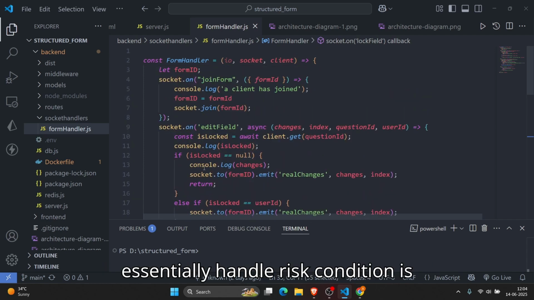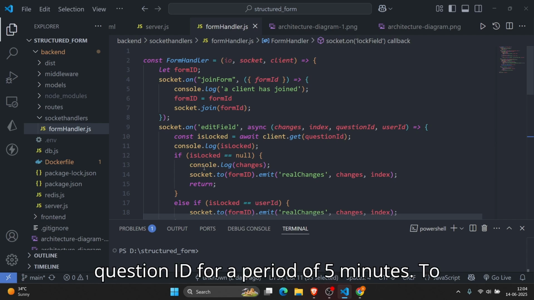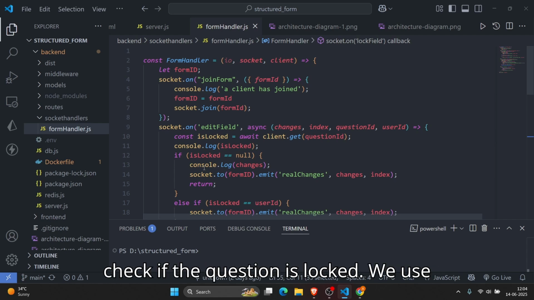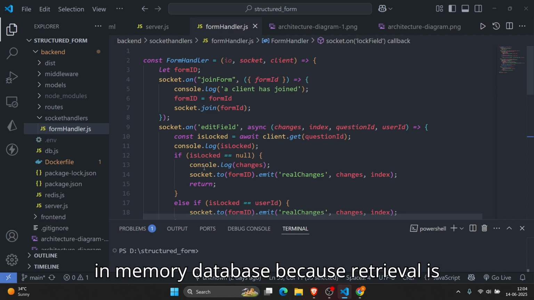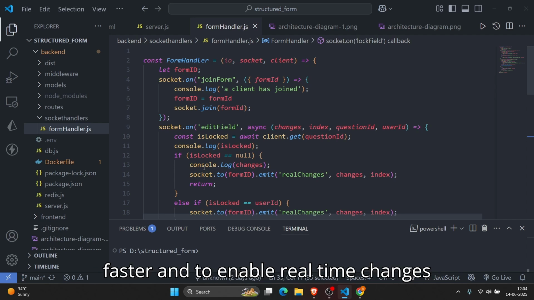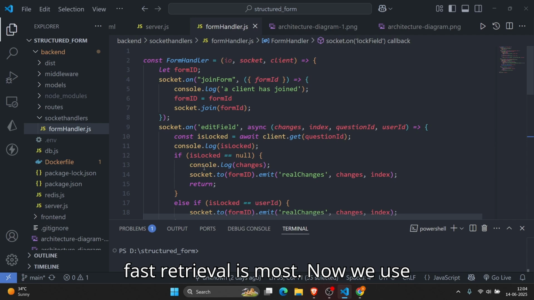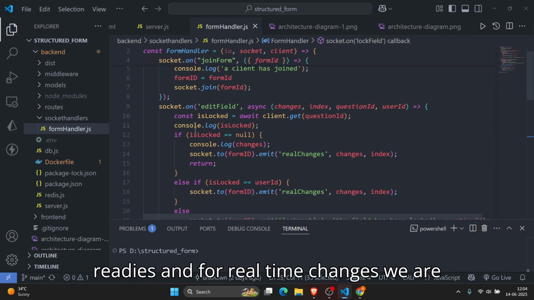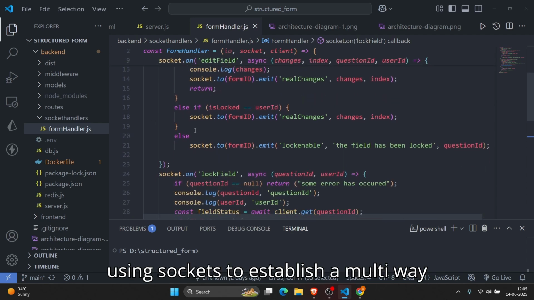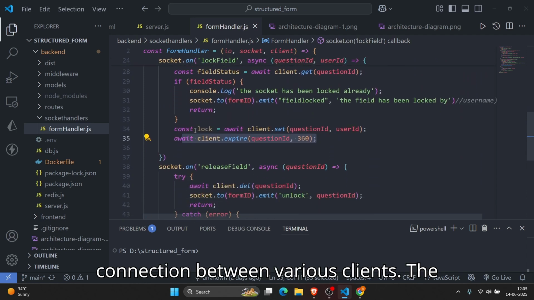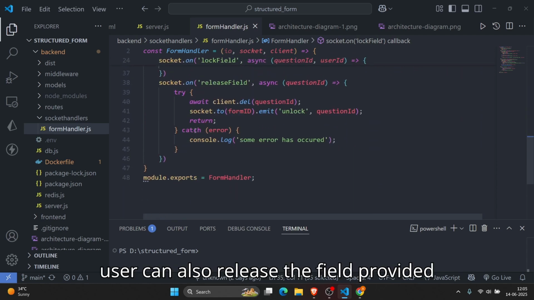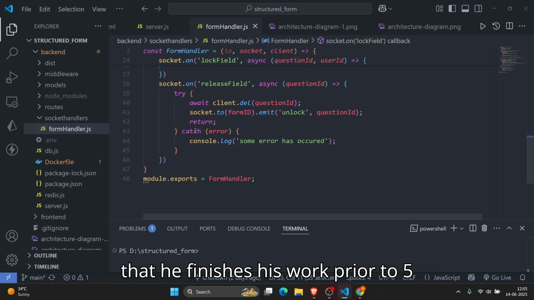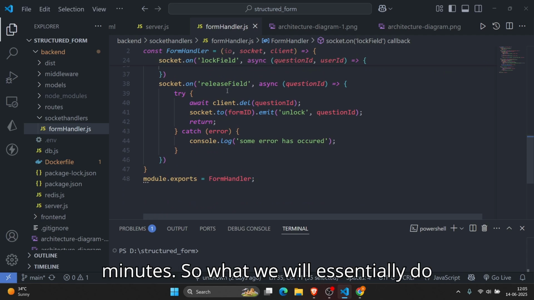So how we essentially handle this condition is, first of all, we lock the particular question ID for a period of 5 minutes. To check if the question is locked, we use an in-memory database because retrieval is faster, and to enable real-time changes, fast retrieval is a must. Thus we use Redis. And for real-time changes, we are using sockets to establish a multi-way connection between various clients. The user can also release a field provided that he finishes his work prior to 5 minutes. So what we'll essentially do is